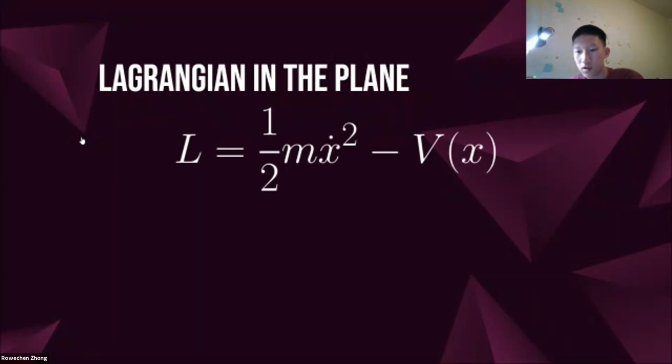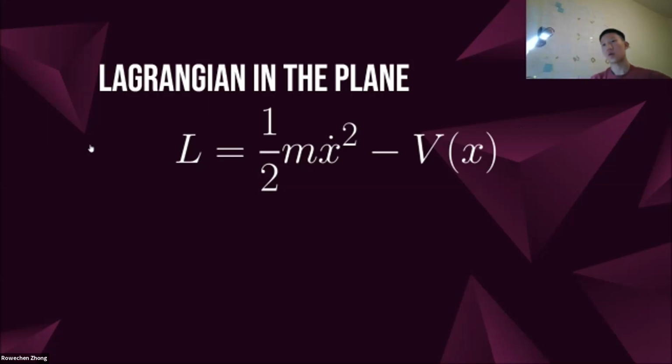And here it is in the plane. Here's the kinetic energy, 1/2 m times x dot squared. What is the x dot? x dot is yet another way. It's x prime, x dot, same thing. They changed the location of the little comma and moved it to the top. And it's also the same as dx dt. These are all the same as velocity. Change in x with respect to time is velocity. So 1/2 mv squared, you guys might recognize that as kinetic energy. That's exactly what we want. V of x, that is potential energy. So we're good here. That's the Lagrangian.